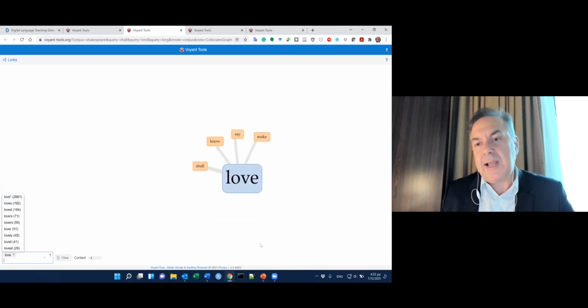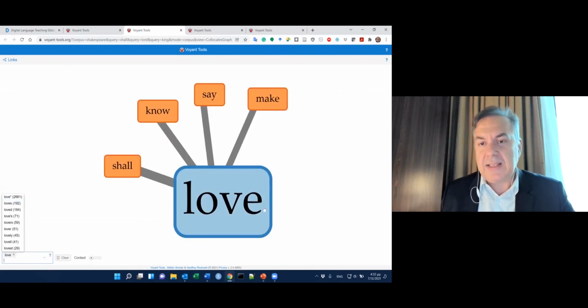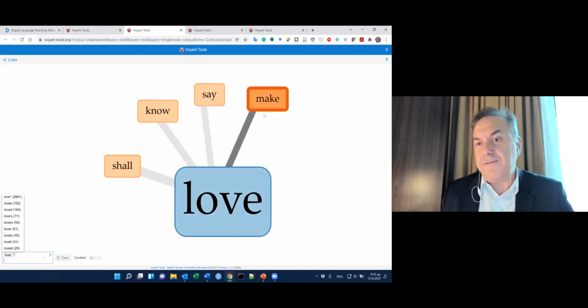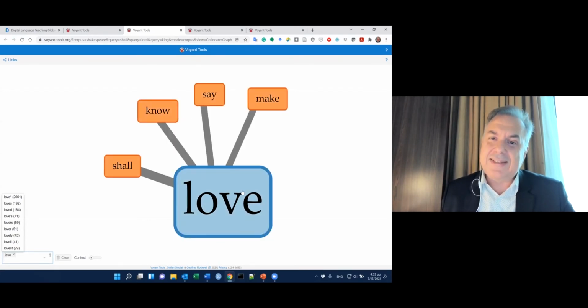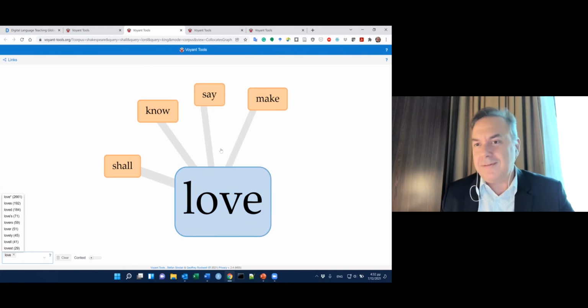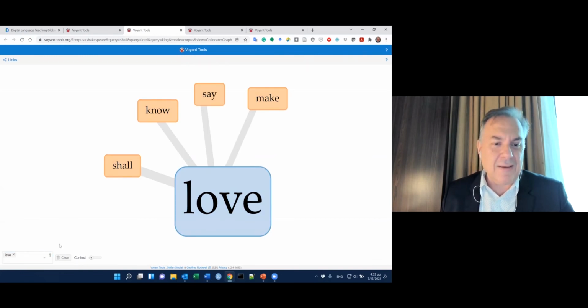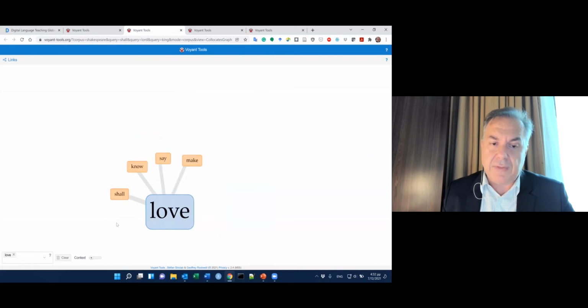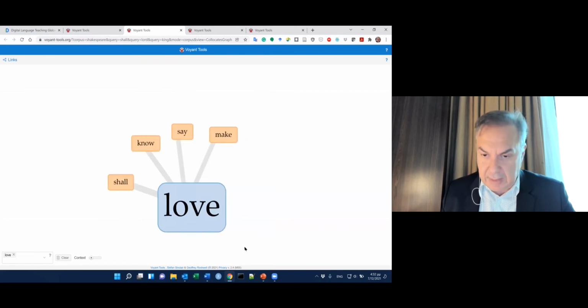So I click here, and I can see the 4 most frequent collocates of love. So it's interesting to know about love, to say about love, and to make love. That's a very, very interesting perspective. But what we can do also is actually change the context of the word. So just give me a second so I can